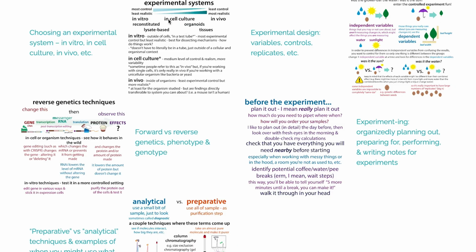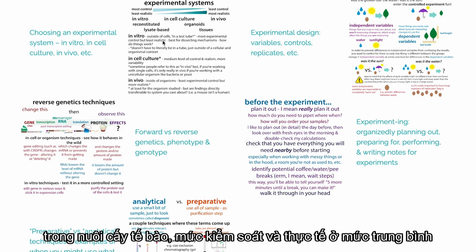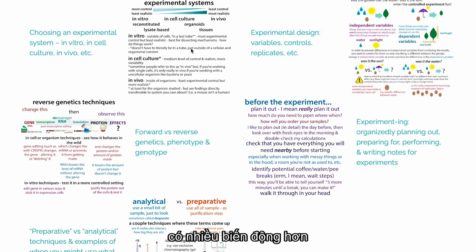In cell culture, basically here you have a medium level of control and realism, more variability. Sometimes people refer to it as in vivo, but if you're working with single cells, it's only really in vivo if you're working with bacteria or yeast or something like that. And so in cell culture